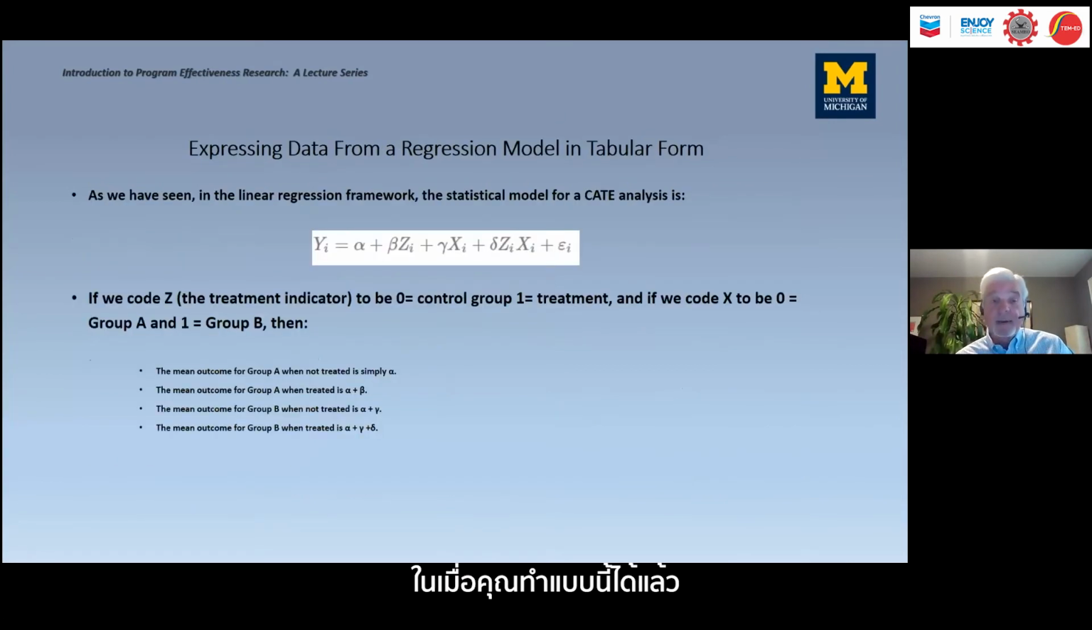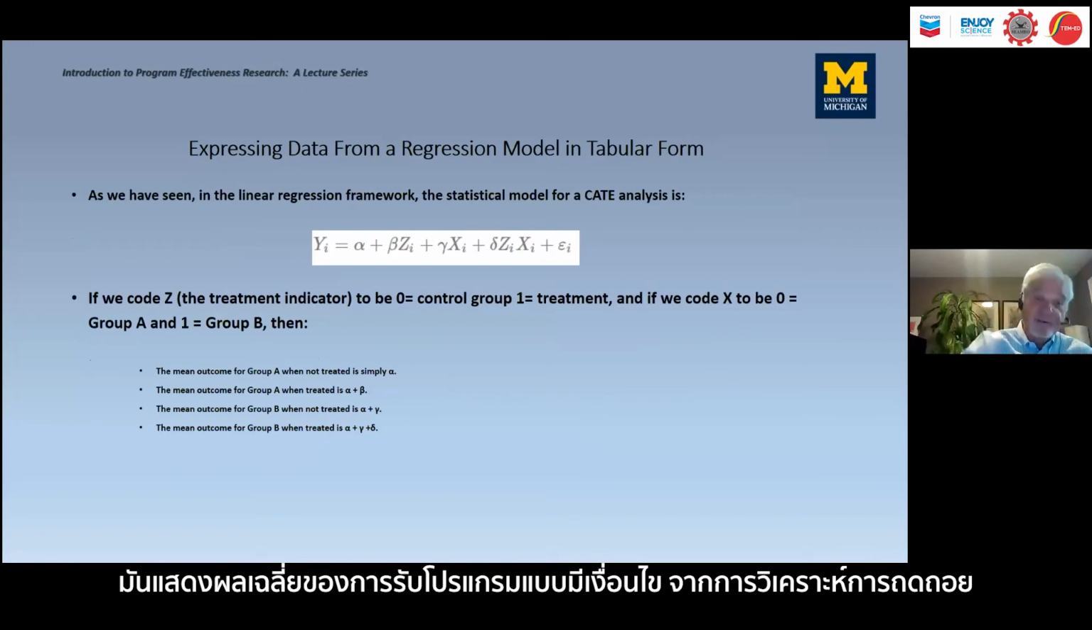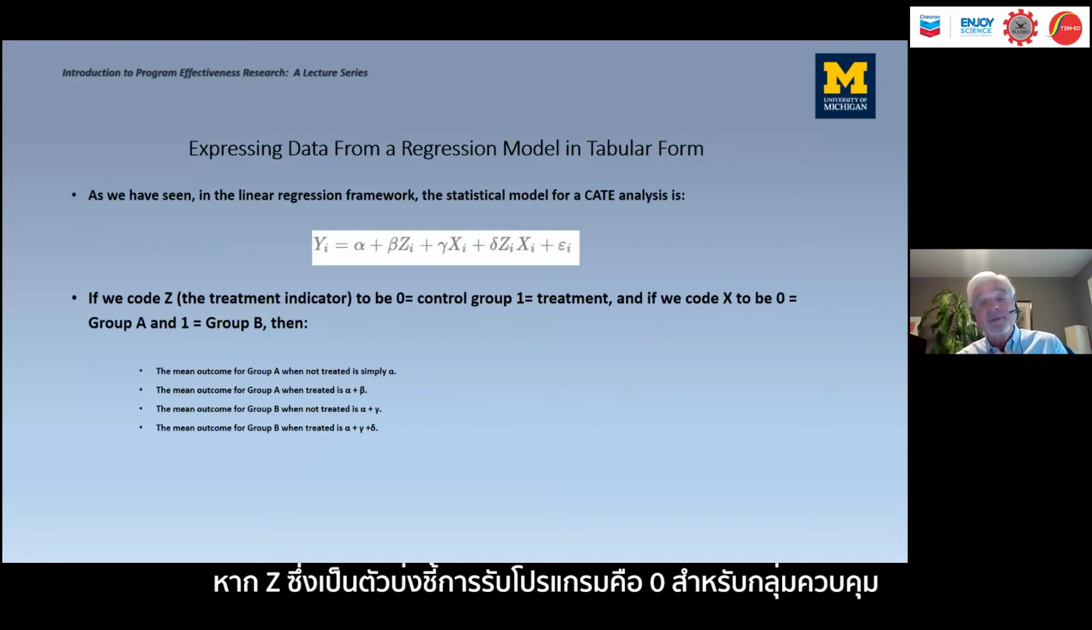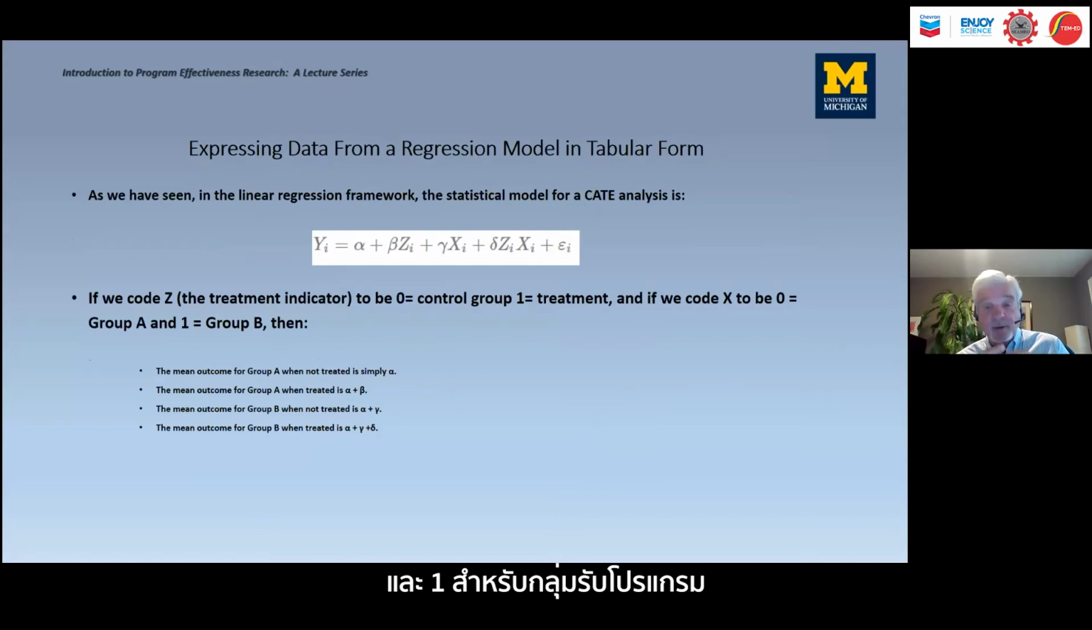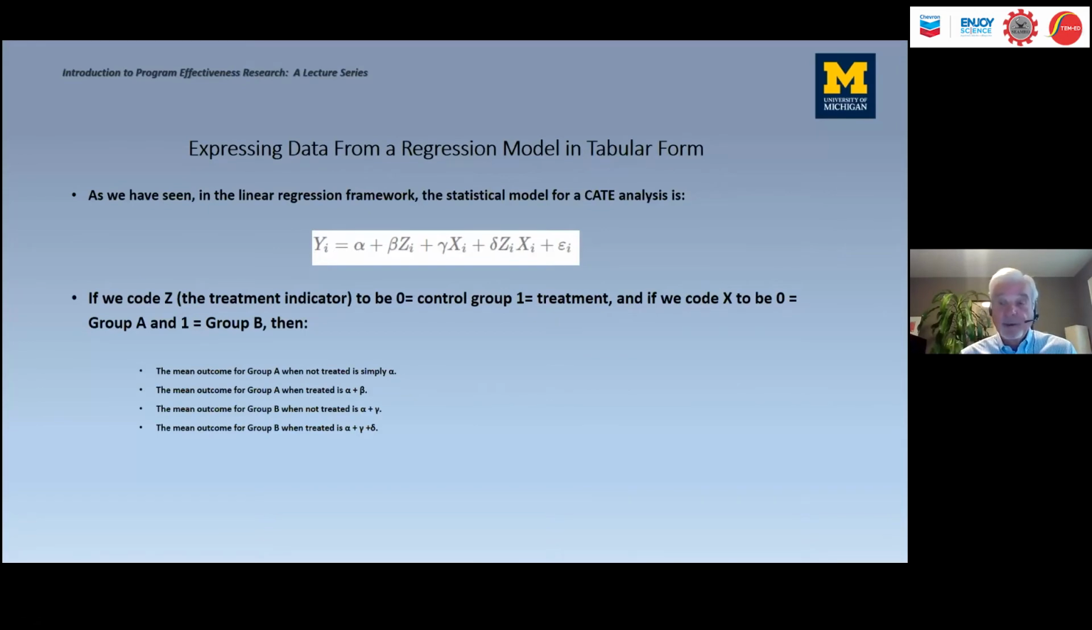So now you can do this. Let me just explain here in a minute how you get the table that I showed, which showed conditional average treatment effects, from a regression analysis. If Z, the treatment indicator, is 0 for the control group and 1 for treatment, and if X is 0 for group A and 1 for group B, then we can easily recover the values I showed you in the table for treatment effects